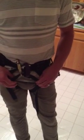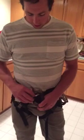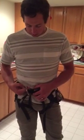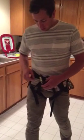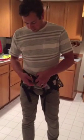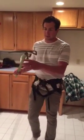This is the Alpine Bod harness. This one has the belay loop, I think is a newer one. And what I've done is just put a carabiner through that. So the carabiner is one of the things I use for the ice axe, and different people